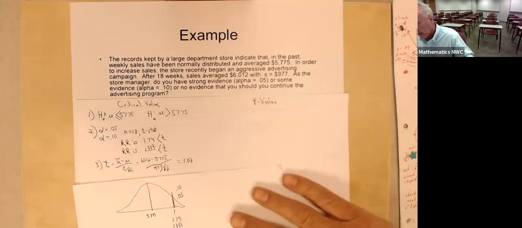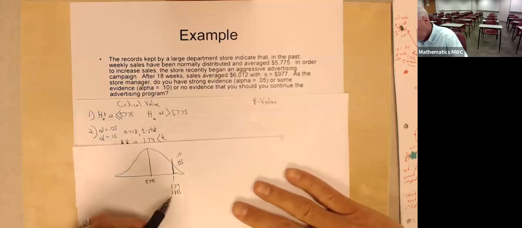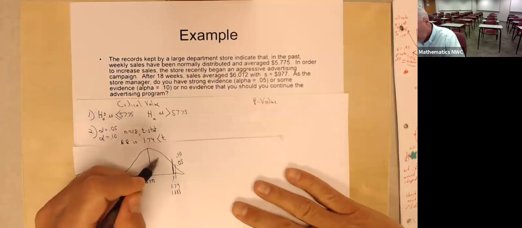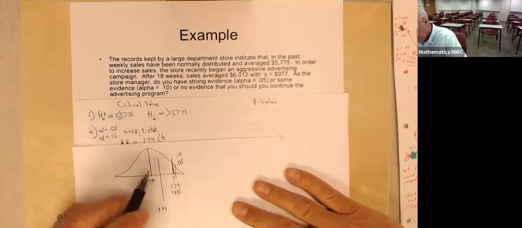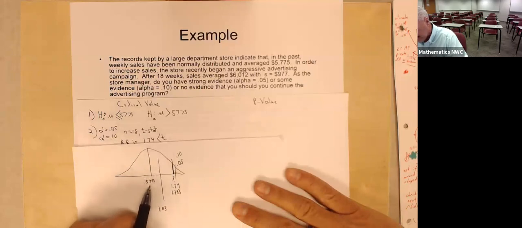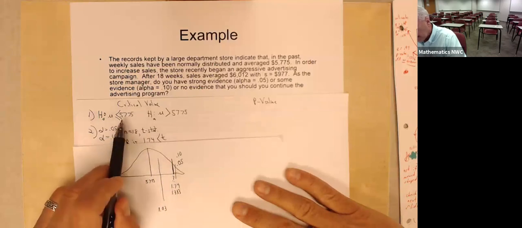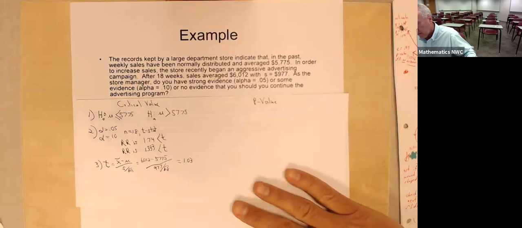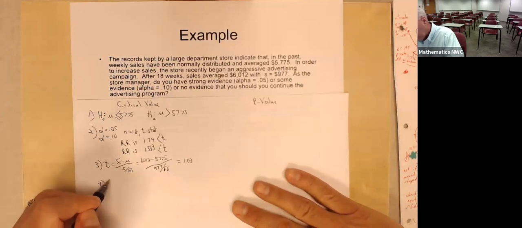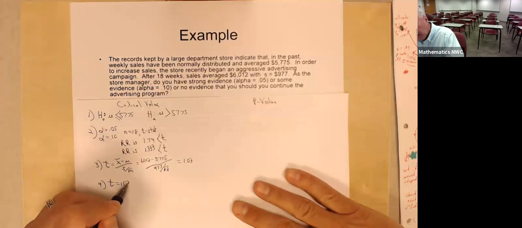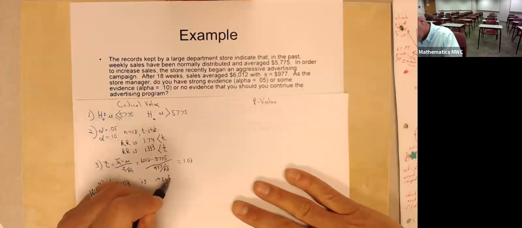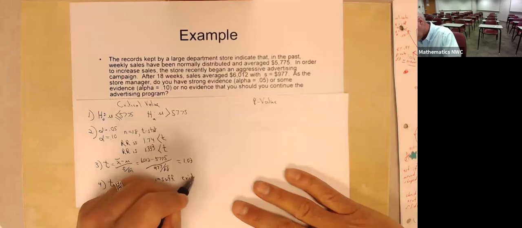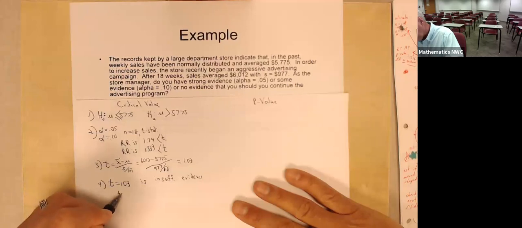1.03, back to my chart here, 1.03 is not over that line, not over either one of those lines. 1.03 is back here someplace. It's within reasonable variance of that number. Therefore, it's not enough evidence for me to doubt the original 5775. Consequently, t equal to 1.03 is insufficient evidence to reject the null,